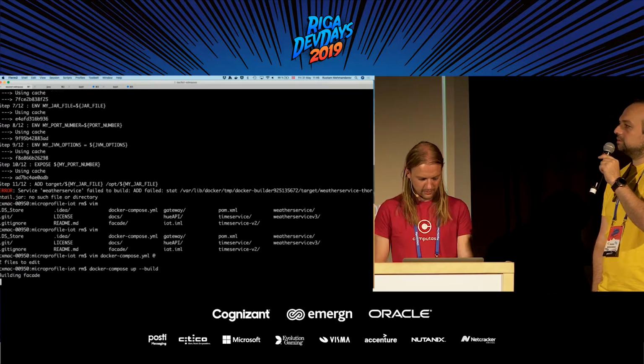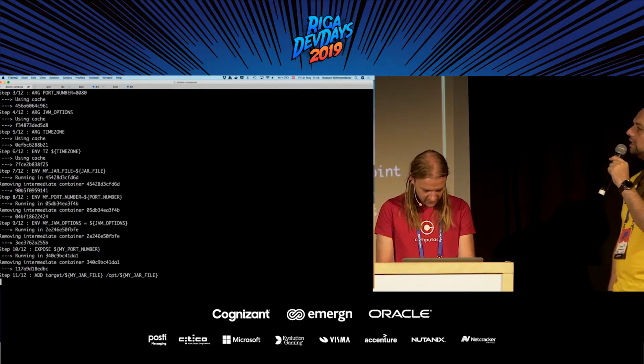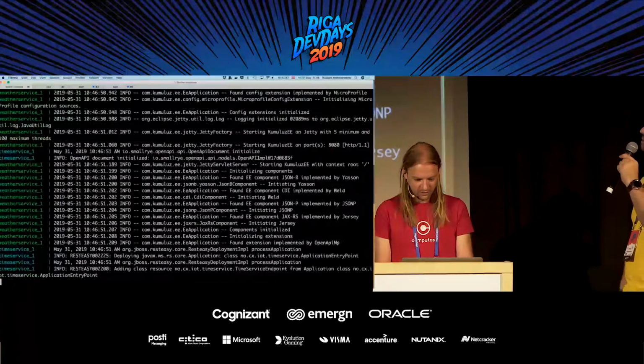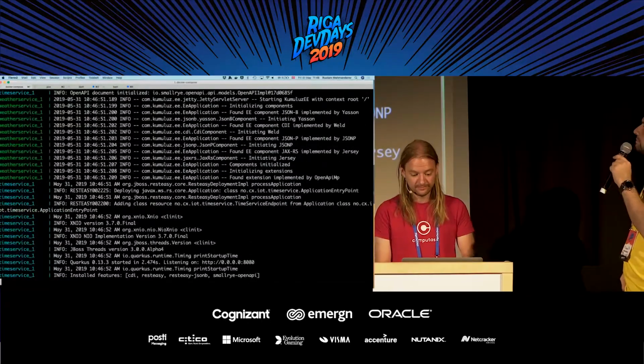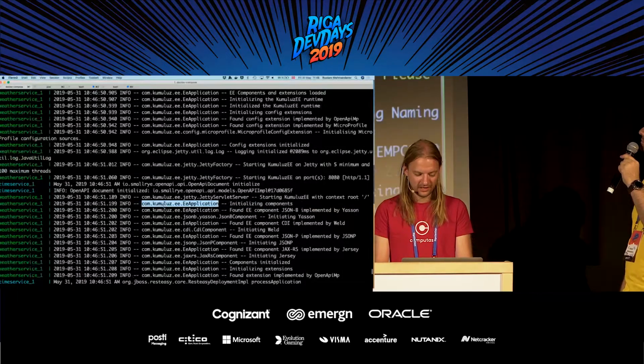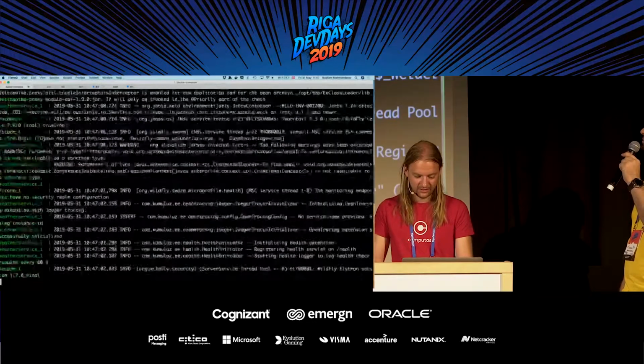All right, now it seems to be running. So let's go back and do the rest of the slides. Oh, no, we're starting. Now you can see that the weather service is starting. Now it's the Cumulus version. Yep. So we switched app server. We changed the Docker file and used another POM file, and the Java code is exactly the same.